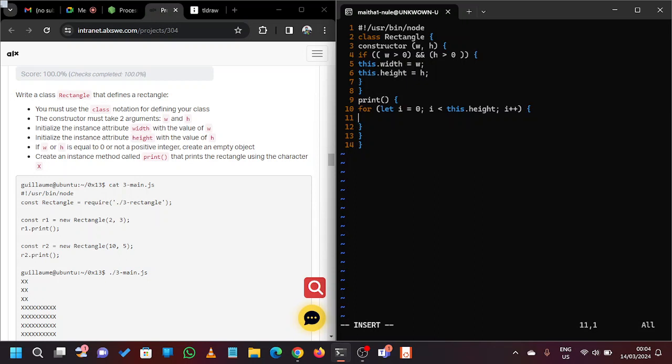Then we are going to initialize an empty string. We are going to say let s equals an empty string. The empty string is going to hold our x characters that we are going to stack up. Just use single quotes. So inside here, let s equals